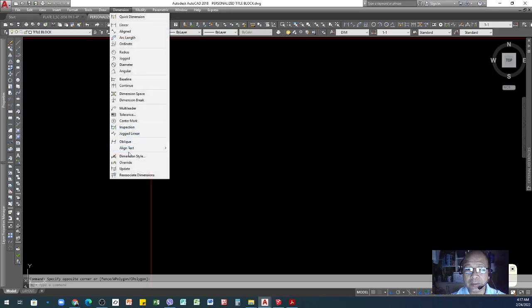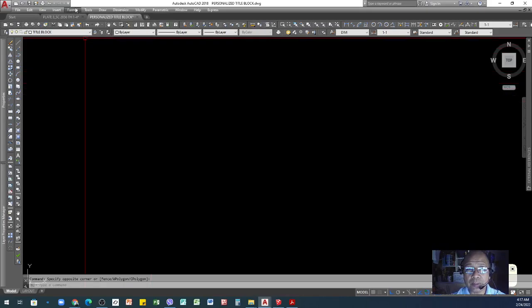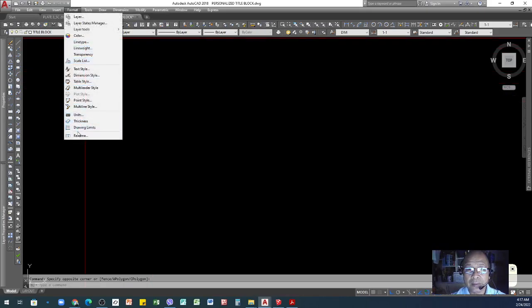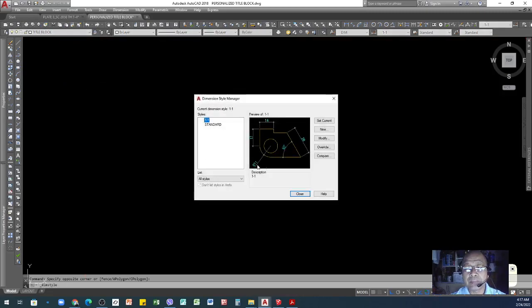One is here, Dimension Style, and the other one is under Format, here, Dimension Style. It will be the same. Once you enter here, you can see the 1:1 setup that I've created.